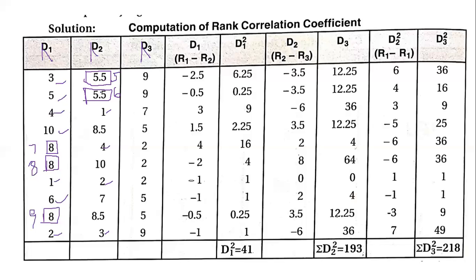Next, after this, 5 and 6 is over, 7. Seventh rank is there. Again, if you come to 8, you have two numbers repeated. So let us give a triangle for this. 8.5, 8.5. Let us give a triangle. So 8th rank plus 9th rank is given. So this will be 8, this will be 9. So that will give you 8.5. And then you have 10th rank.